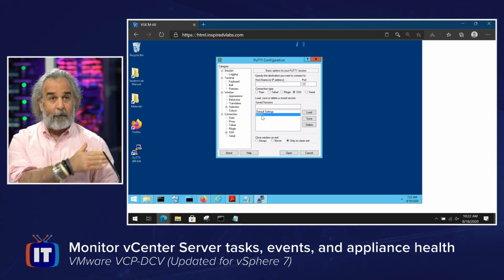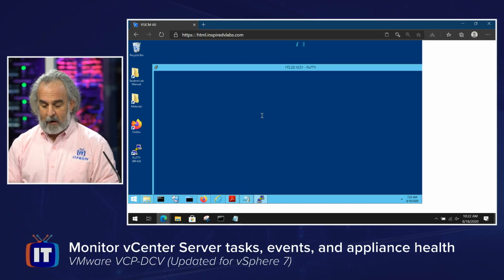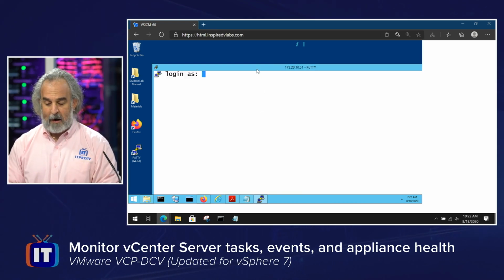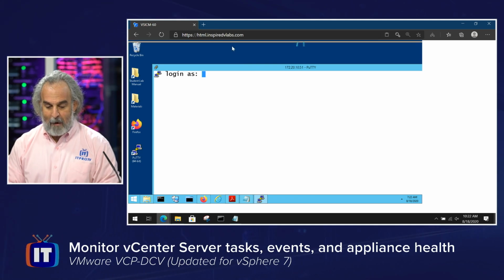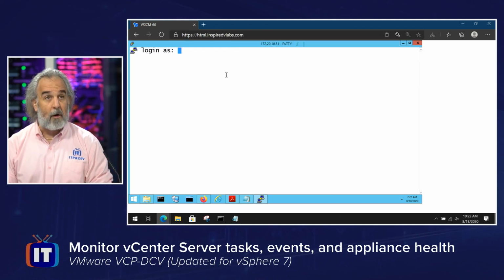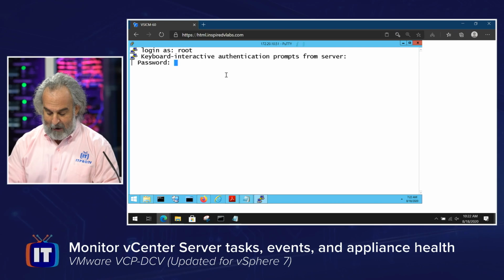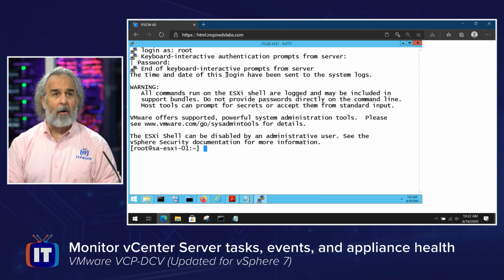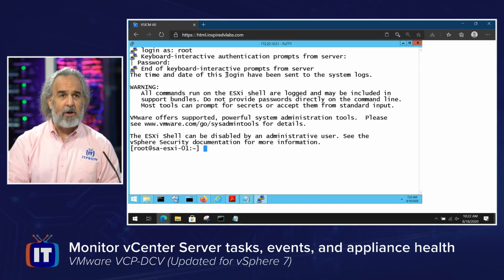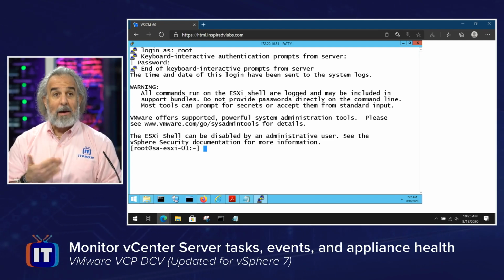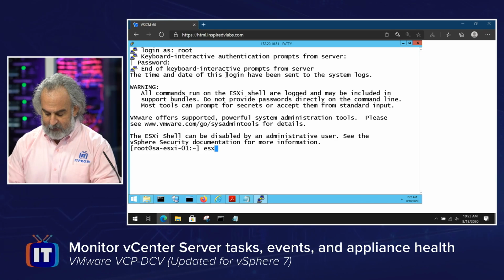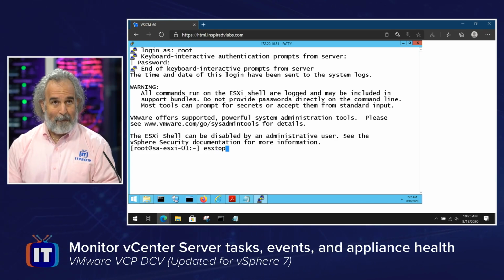I've got a connection profile already built for my host. I'm just going to click on that to drive the connection. I'm going to just bring this up and center it so we can see what's going on there. I'm going to log in as my root user. I'm going to provide the password. So let me do that. I've logged in interactively. I'm in the ESXi shell, as you can see, logged on as my root user at my host. Now, if you want to run ESXTop, you can certainly do that just by typing esxtop,